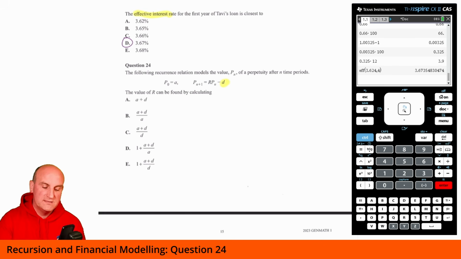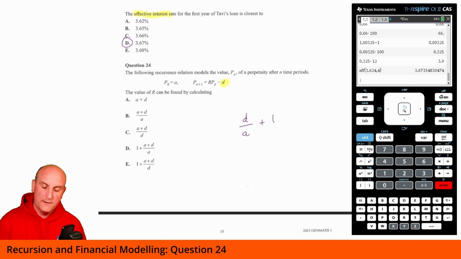Now, if I had numbers in here, what I'd be telling my kids to do, or you to do, in fact, is you always do that divided by P0. So my interest rate, not as a percentage, as a decimal multiplier, would be the value of D divided by A. But because interest is getting added on, what do we then have to do? Well, that's when you add the 1 plus R on 100 business. Well, we're not going to do 1 plus R on 100. I'm just going to add 1 to that.